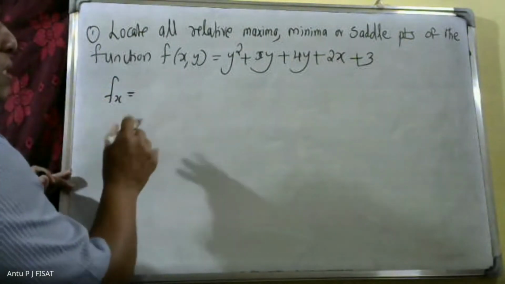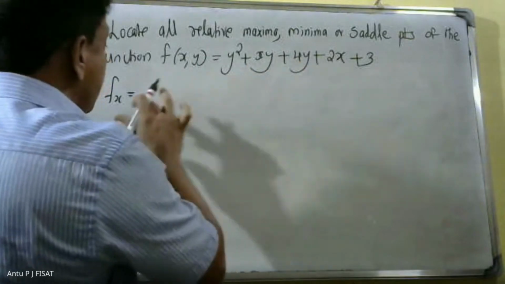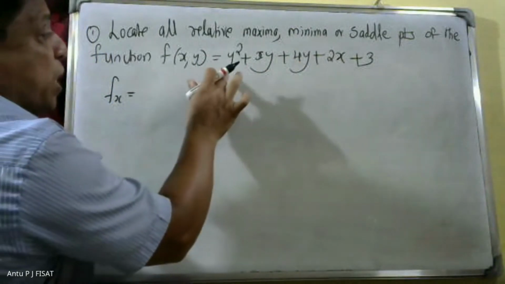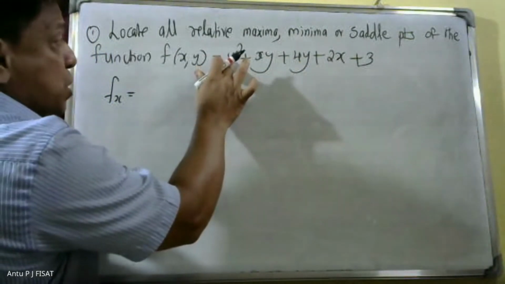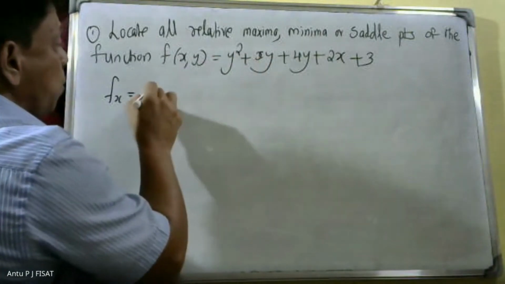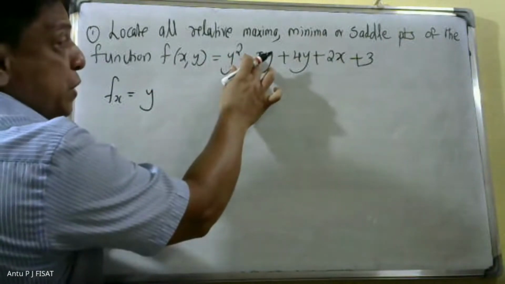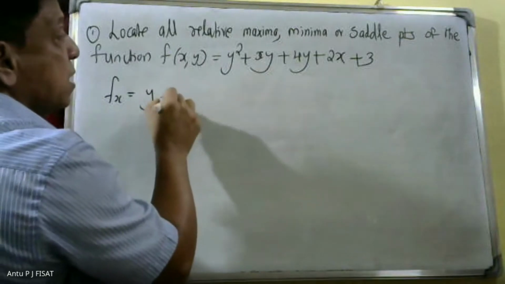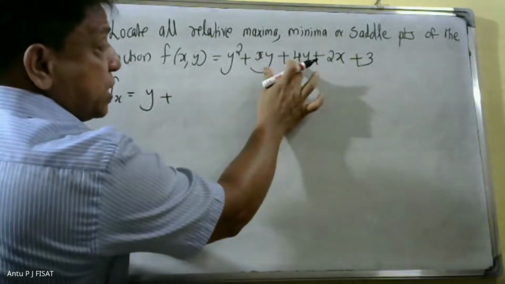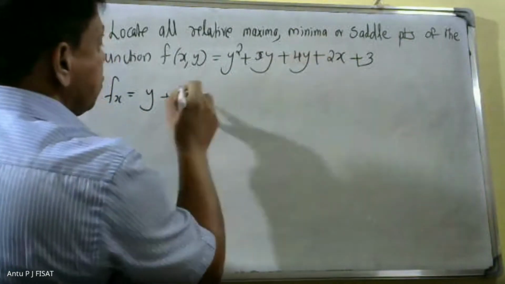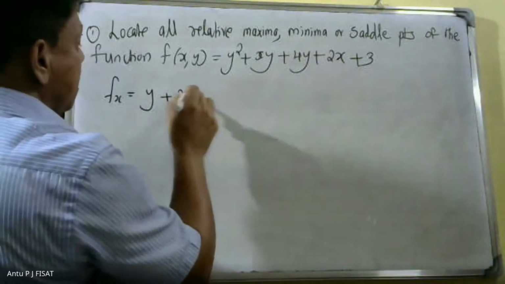fx: we partially differentiate the function with respect to x. Then y² ചെയ്യുമ്പോൾ എന്താണ്? y² is a constant, so 0. xy ചെയ്യുമ്പോൾ എന്ത് വരും? y into derivative of x, which is 1. 4y ചെയ്യുമ്പോൾ 4y യുടെ ഡിഫറൻഷിയേഷൻ 0, കോൺസ്റ്റന്റ് ആണ്. 2x വരുമ്പോൾ 2. Then അടുത്ത